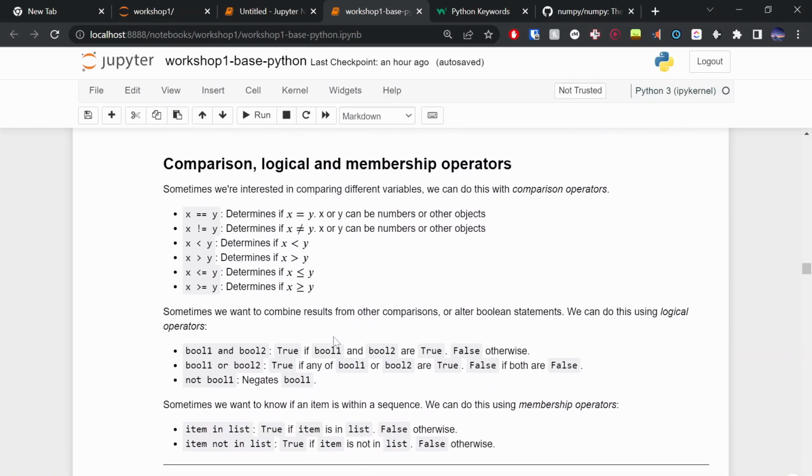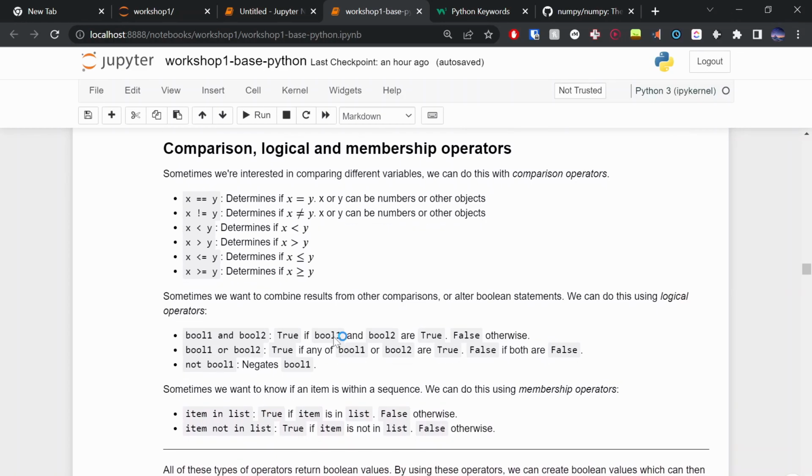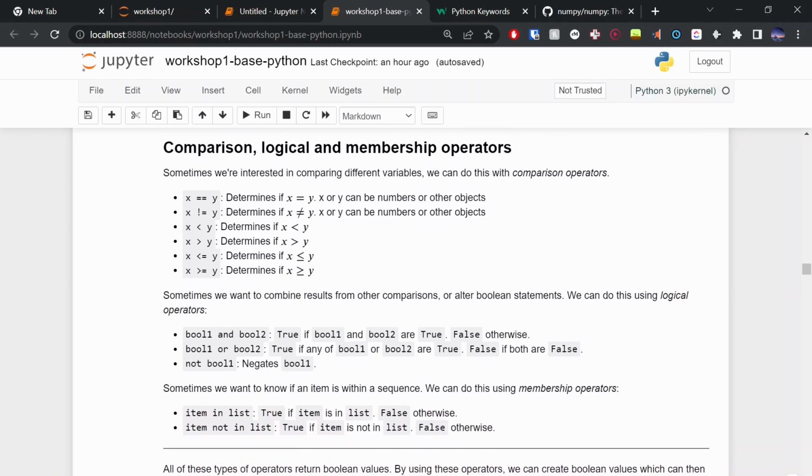Okay, so the beginning section of this workshop is quite a bit of content, so I'm sorry if I'm talking a lot, but we have now comparison, logical, and membership operators. Basically in Python, sometimes we're interested in looking at a variable and seeing, okay, what is that variable, right?